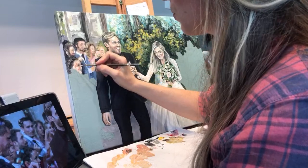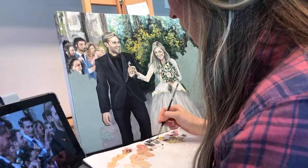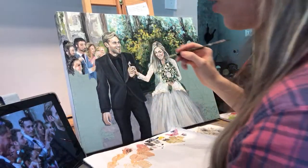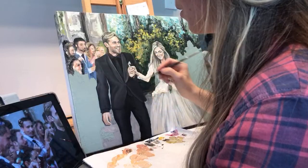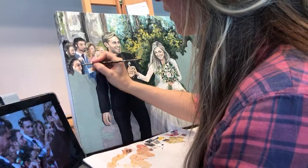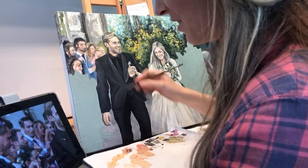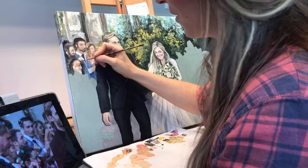It's so unique and so special. And I have been wanting to paint there for months. This is a new venue. They just opened, so I have been wanting to paint there for a really long time. And I almost painted there for free. I was just gonna straight up gift a bride a painting, and then my husband's like, I have a feeling if you hang on, you'll get a painting, and somebody will hire you. And then I did. I got it just a few months later, and I am so excited to go up there and paint